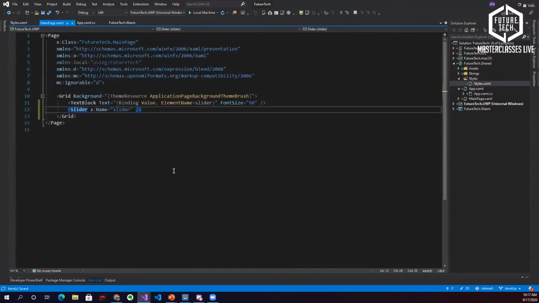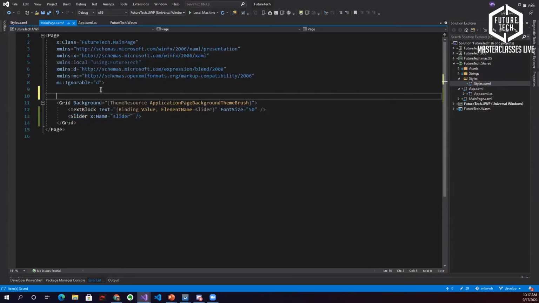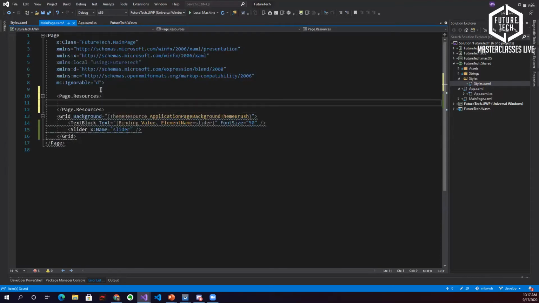Great. Back in our main page of XAML, in order to reference our resource dictionary to grab that style, we have to add to the page resources. So all you have to do, add page resources, and then add the resource dictionary here. And the IntelliSense is so helpful because it just makes development so much faster. The IntelliSense isn't there for other IDEs, which is just a Windows thing, but it is here for Visual Studio.